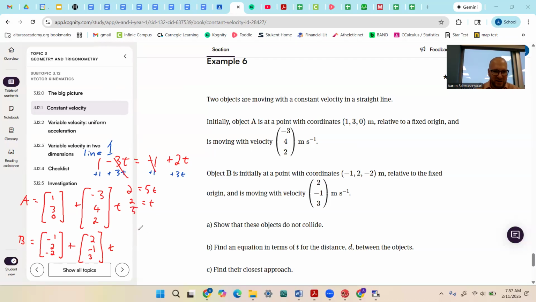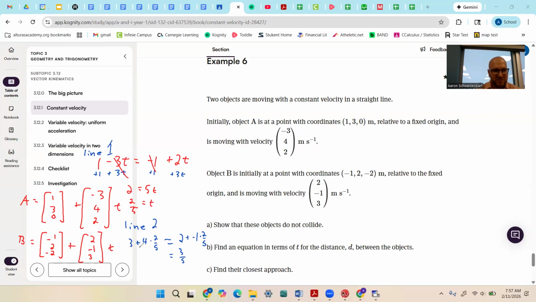So I'll check that on line 2. 3 plus 4 times 2/5 is supposed to equal 2 plus -1 times 2/5. And that side's 3/5. This side is 8/5 plus